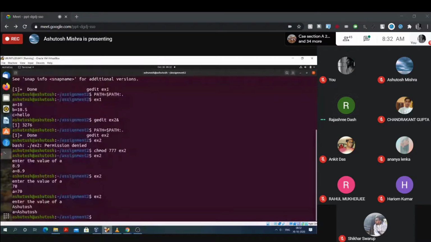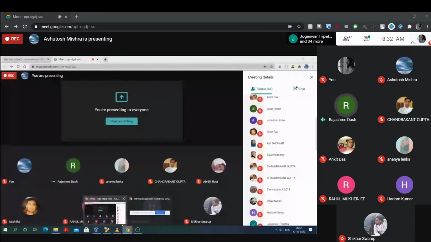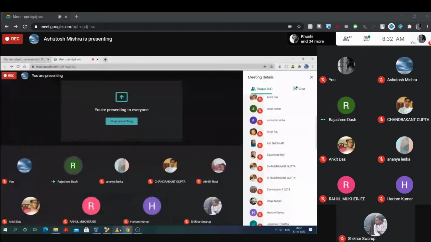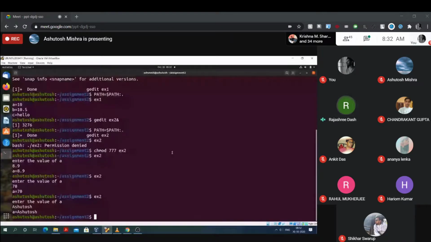Okay. So just remember here there is no need of any variable declaration. You can access the value of the variable simply by putting the $ sign before the variable name. You can read the value of the variable during runtime by using the command read. Read simply the name of the variable. Okay, it can take input any type of value.